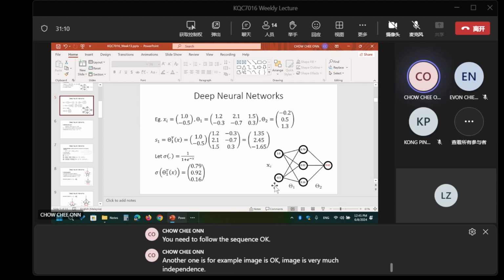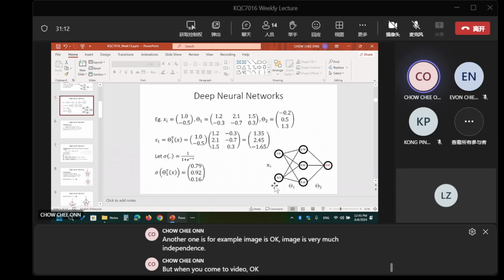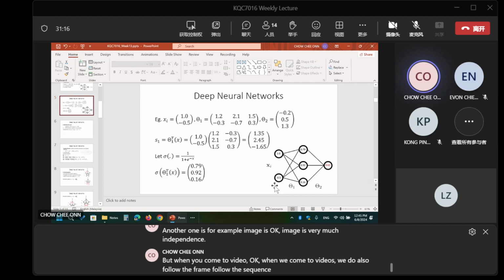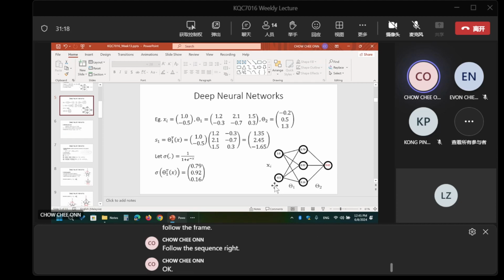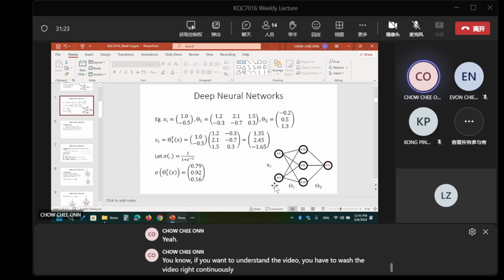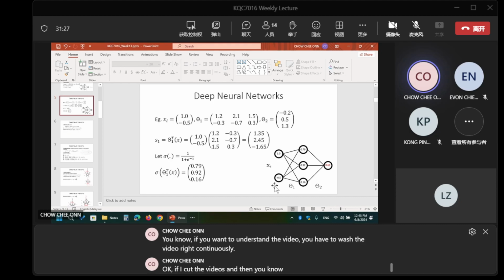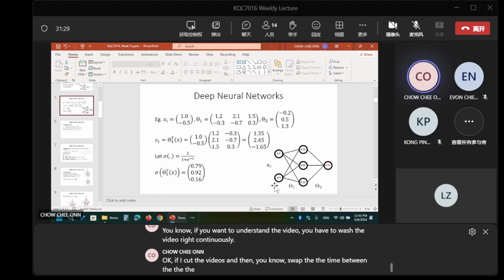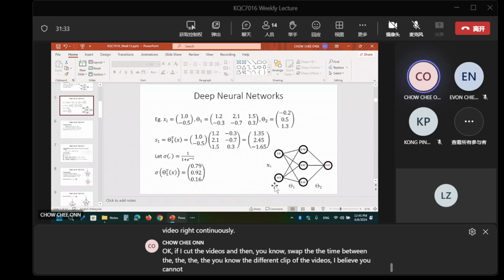But when it comes to video, video also follows the frames, the sequence. If you want to understand a video, you have to watch it continuously. If I cut the video and swap the time between different clips, I believe you cannot understand the movie. Am I right?